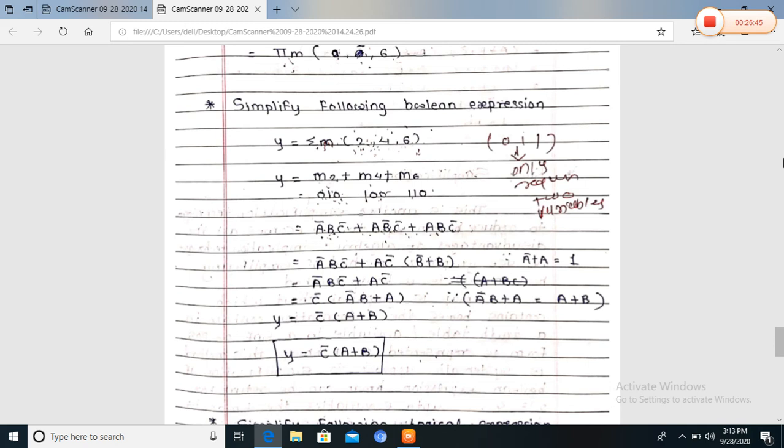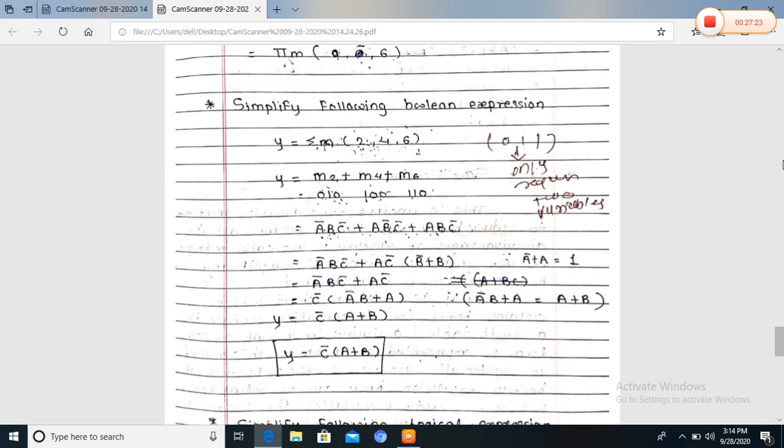That you have to first think. 0, 1, 0 means M2, 2 means 0, 1, 0, 4 means 1, 0, 0, M6, 1, 1, 6. Each individual term in a standard SOP is called a min term. For the min term, we find the expression as a standard SOP. A 0 is considered as a bar. So this is the term A bar, B, C bar. Next is 1, 0, 0, that is A, B bar, C bar, plus A, B, C bar.